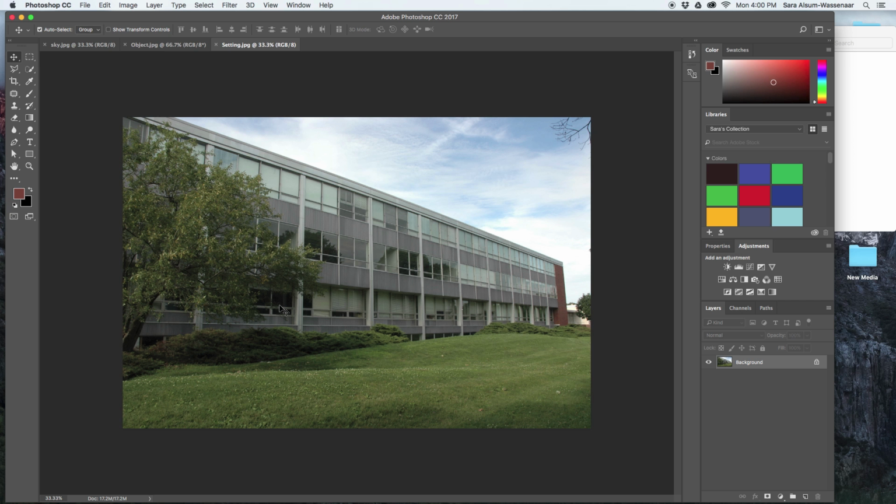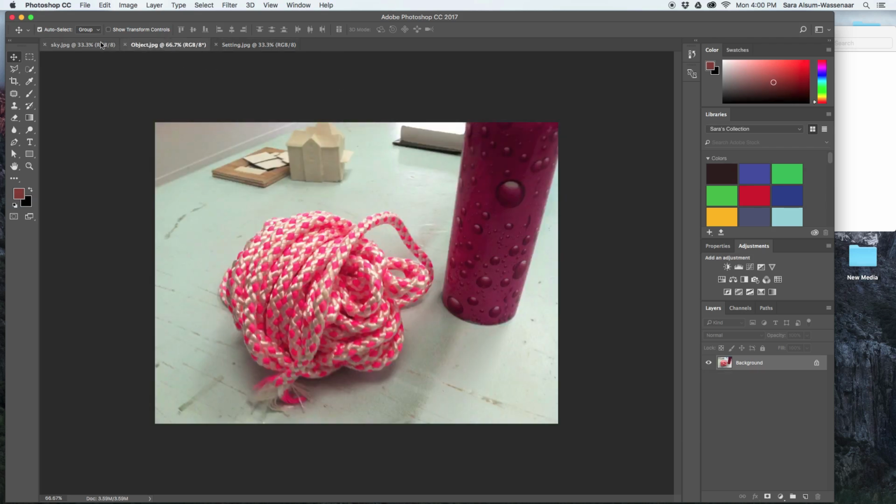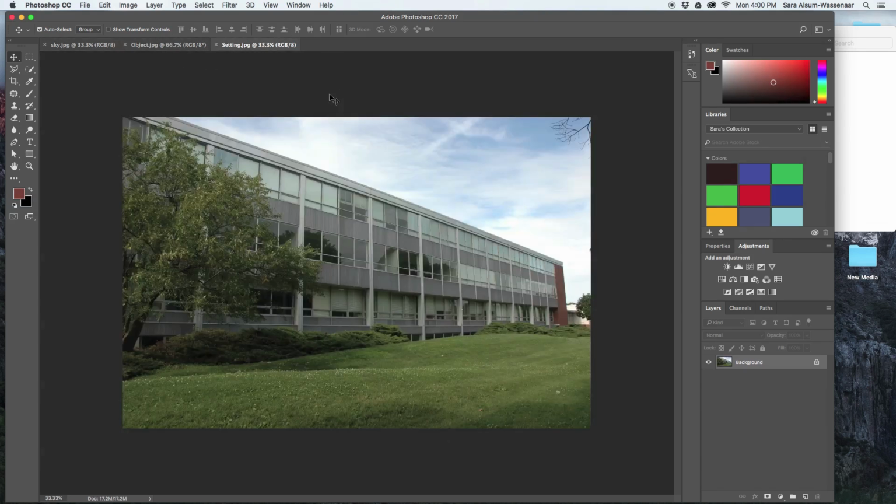One of the things that's really important in creating collages and montages, or combining images in Photoshop, is to make sure that the original files you're using are large enough to print at the size that you need. First off, I'm going to show you how to check that. Since the setting is going to be the biggest one, and we're going to place these other 2 files into the setting file, this is the one we want to check the file size on. You'll want to do this on your own files that you download